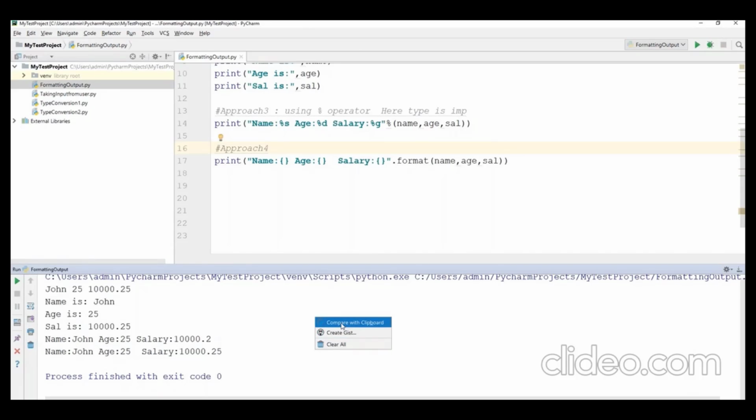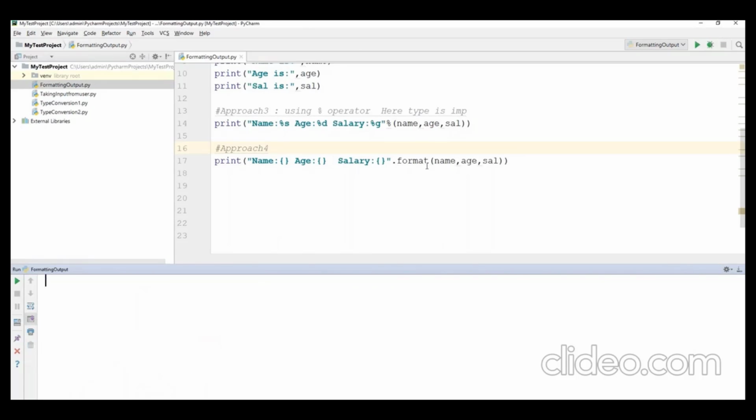Okay, so perfectly right. Now, as I said, type is not important, right? The value is important. So for example, if I say age before here, this will also work. Suppose when I say all are ages, this will also work. It is not giving the correct values, but still this is accepted, because here we are not considering the type. We are considering the value. So for three statements, for three braces, we are passing three values or not.